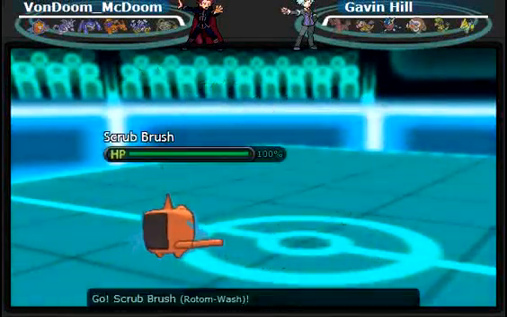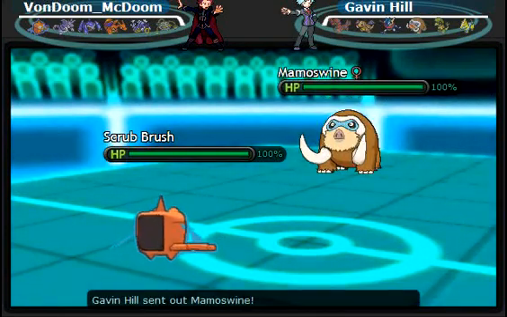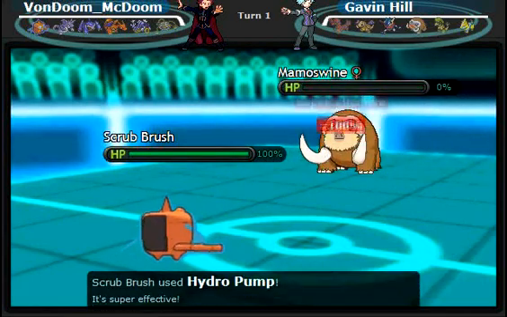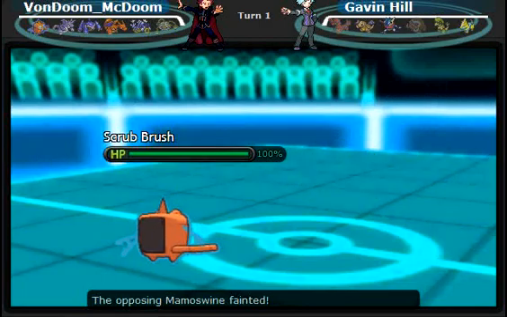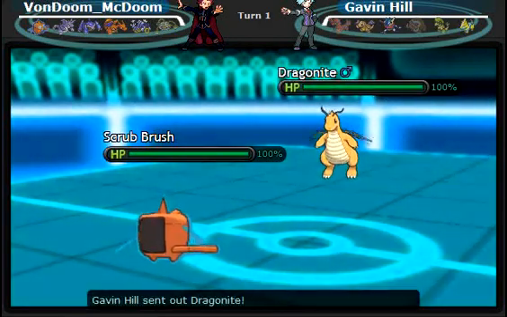Anyway, I lead with my Rotom Wash. He decides to go ahead and lead with Mammoth Swine, which is pretty good for me. I'm just going to go for a Hydro Pump. I figure it'll do decent damage to anything he wants to go into. Well, a small chunk maybe to something that resisted. But he ends up staying in with Mammoth Swine, and I get that free KO right there off the bat,